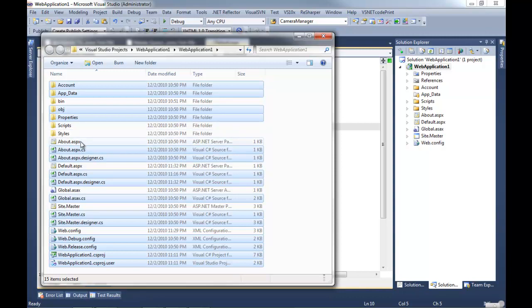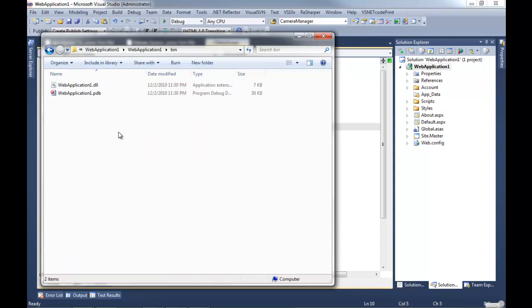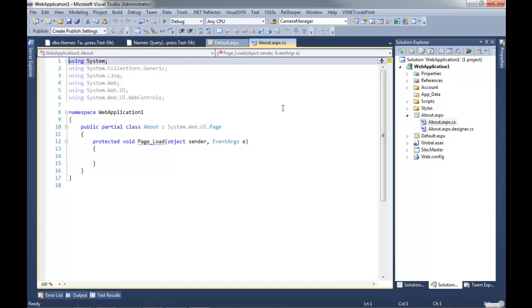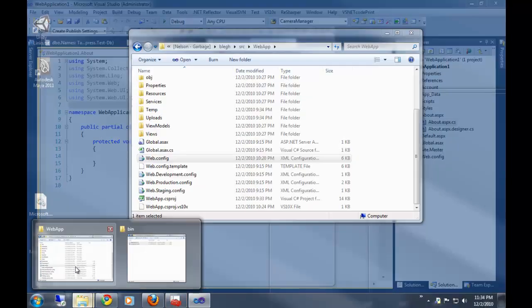We need all of the ASPX files, the ASAX file, the master files, the web.config, and most importantly, the bin folder. Okay. And the bin folder is what contains our compiled code. And our compiled code consists of all of the CS files. And when I bring all that together, when I hit Control-Shift-B, that's resulting in a new bin,